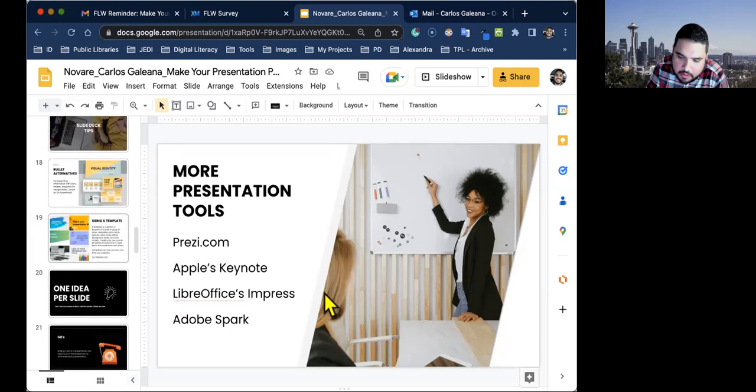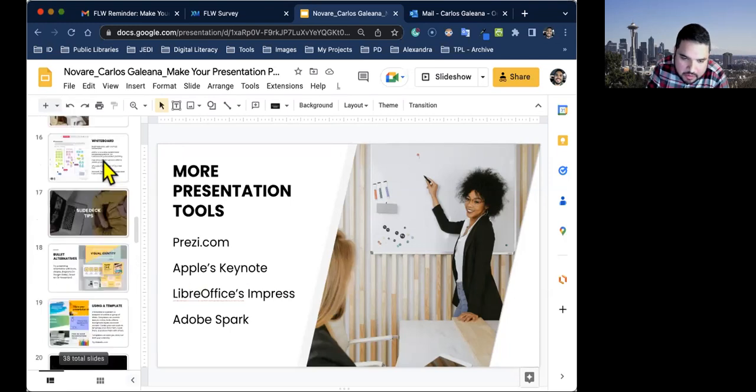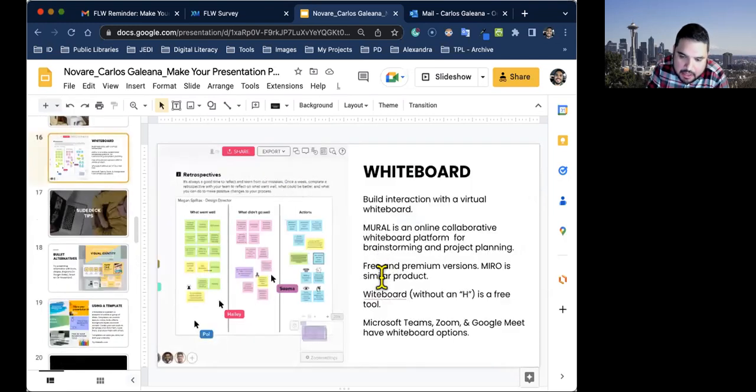So for the whiteboard one, all you have to do is copy the link to the whiteboard, and then you can put it on the chat for your learners. I'll give you an example. I'll go on the whiteboard website, and then I'll plop it in this chat, and you can see it in action. So give me one moment, okay? And it's whiteboard without the H.